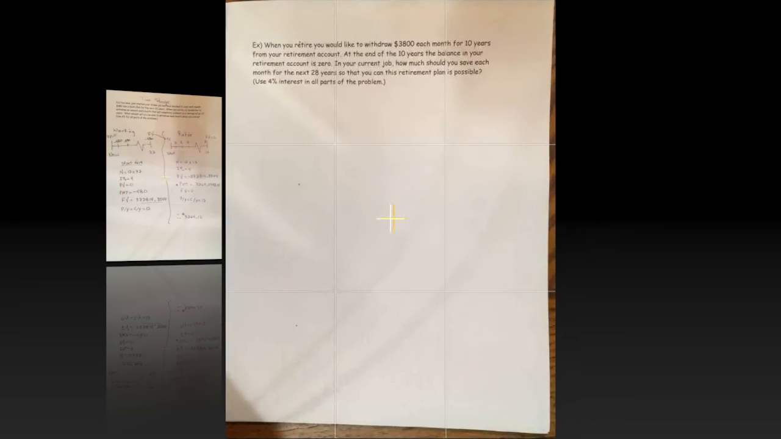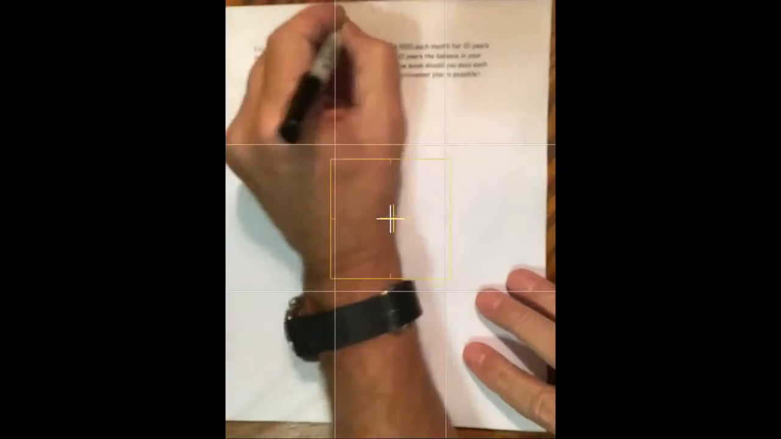All right, in the final example, this is sort of the inverse of the previous example. In this situation, you'd like to retire, and when you do, you want to be able to withdraw $3,800 each month for 10 years from the retirement account. At the end of that 10 years, the balance in your retirement account is 0. All the money's going to be gone. So in your current job, how much should you save each month for the next 28 years so that you can do this? So this is going to be another